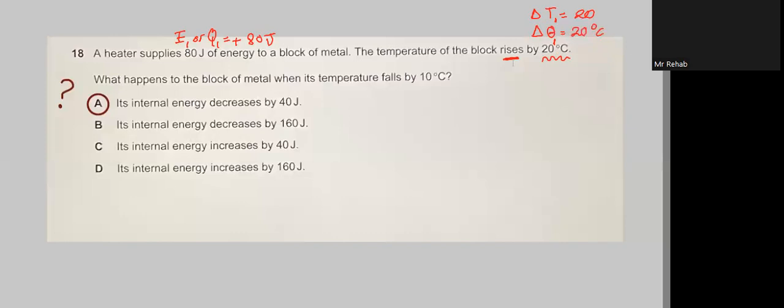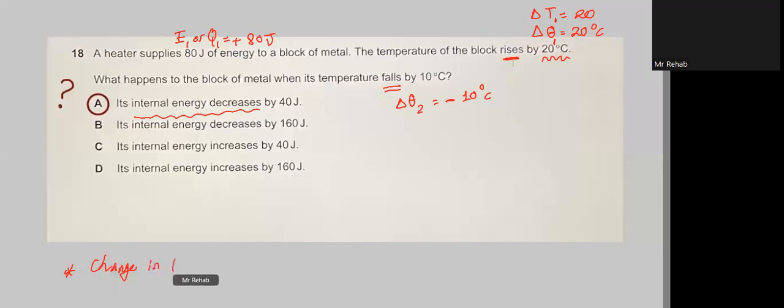After that, he's asking me what happens to the internal energy if the temperature falls, meaning delta theta 2 falls by, let's put negative here to express falls, by 10 degrees Celsius, okay? He's asking about, he didn't ask me about E1 or Q1. He asked me about the change which happens to the internal energy. And this is related to a point, which is a keyword in this kind of questions. In all topic 2, by the way, if he asks you about the change